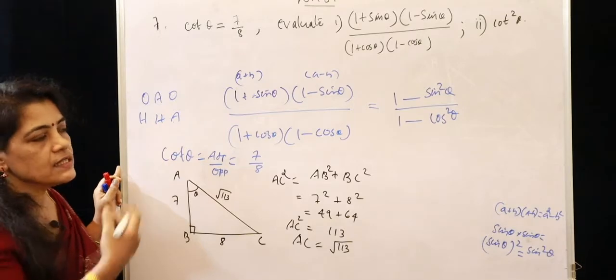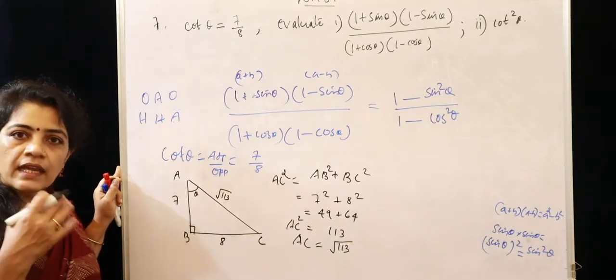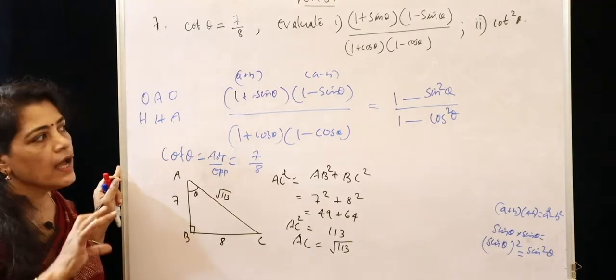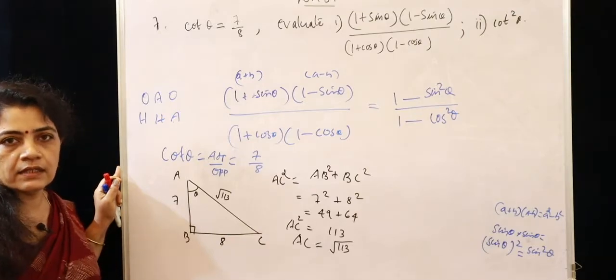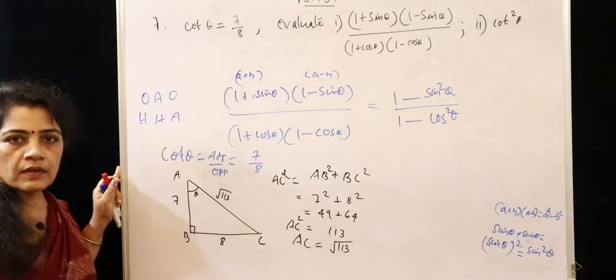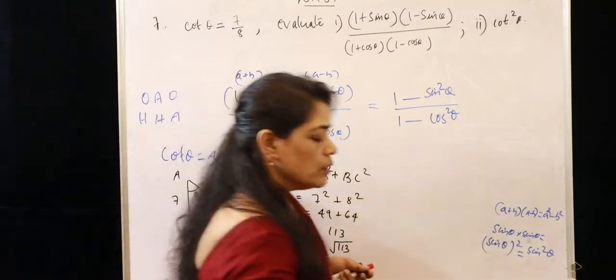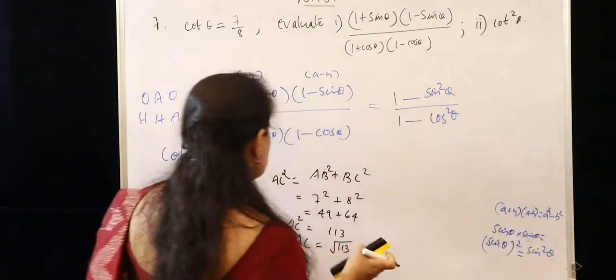Then you can easily write down sin theta and take its square, you will get sin square theta, and cos theta also you can easily get from these three sides. Understood? That is what we are going to do here. So after getting this hypotenuse,